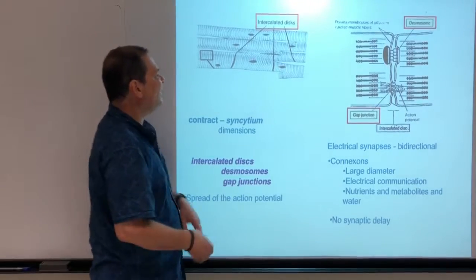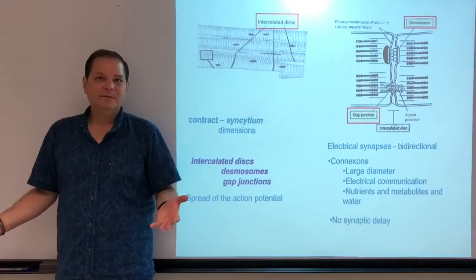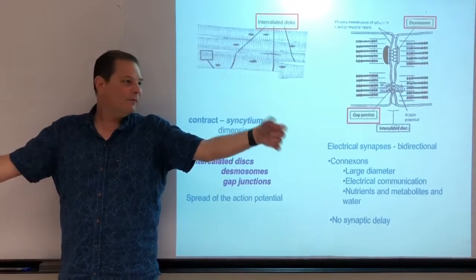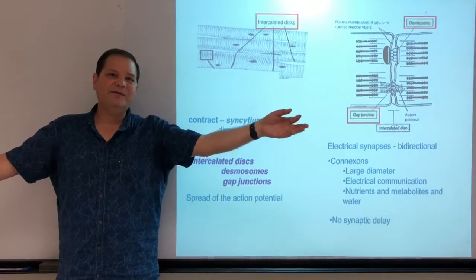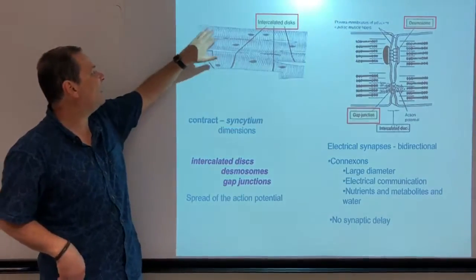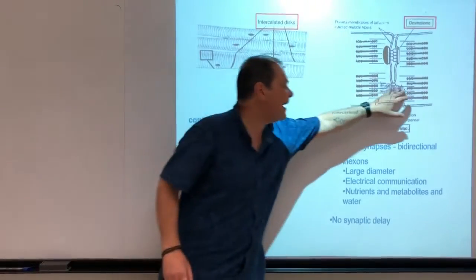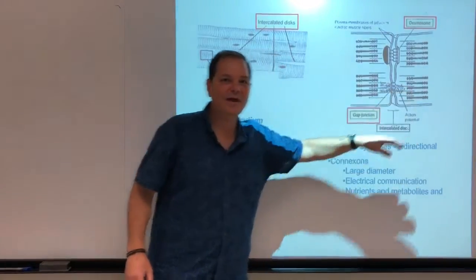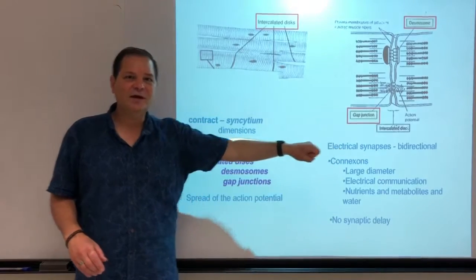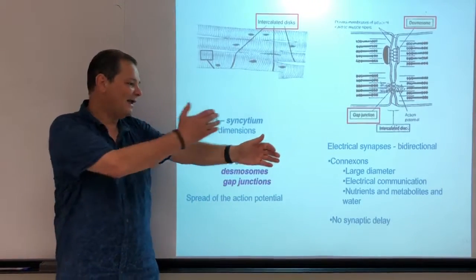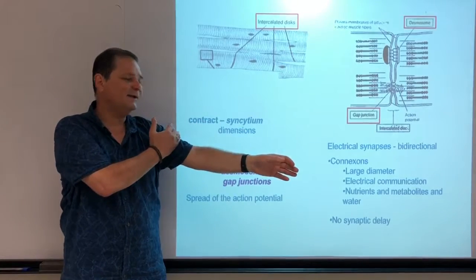What that means is that, I'm a myocyte. My sister is over here. My brother is over here. Okay? When my sister depolarizes and there's an action potential propagating through her membrane, that action potential will hit these gap junctions at the intercalated disc. Because those gap junctions allow her to communicate with me through the ions, that action potential is transmitted from her